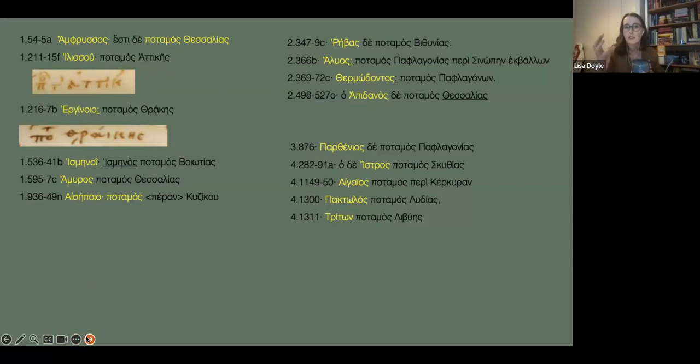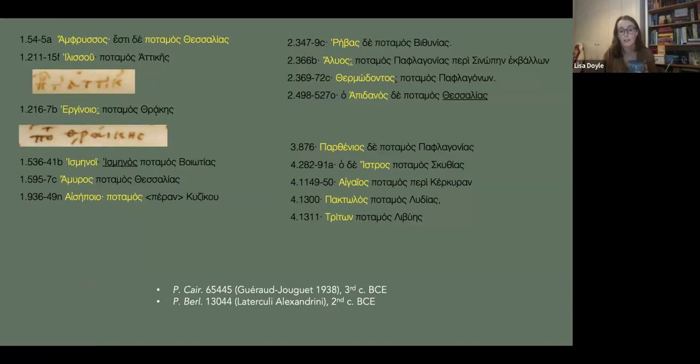This kind of organization of material is quite similar to what we see in two pedagogical papyri, because they come from the schoolroom. The first one, the Cairo papyrus, contains a list of rivers that are also familiar from Apollonius, like the Sangarius River, which I just mentioned, Peneus, and the Rhindacus River as well. And this is quite well known: the Library of Alexandria also contains catalogues.